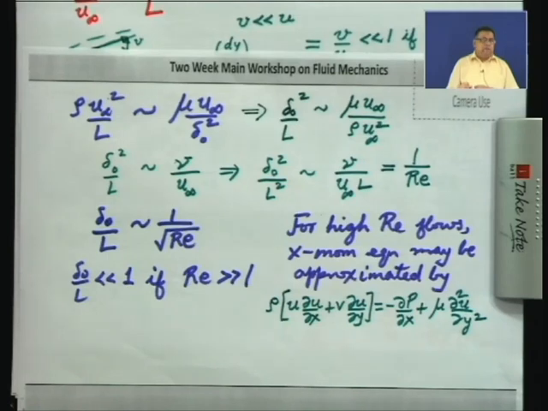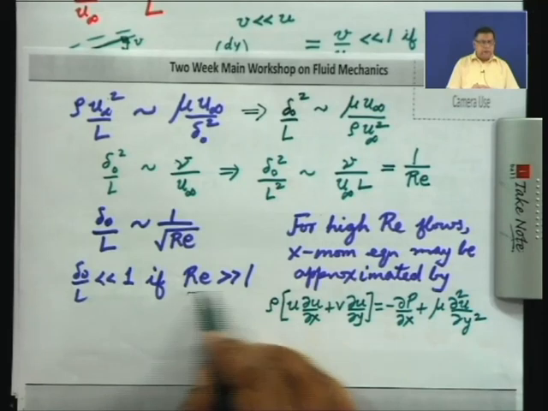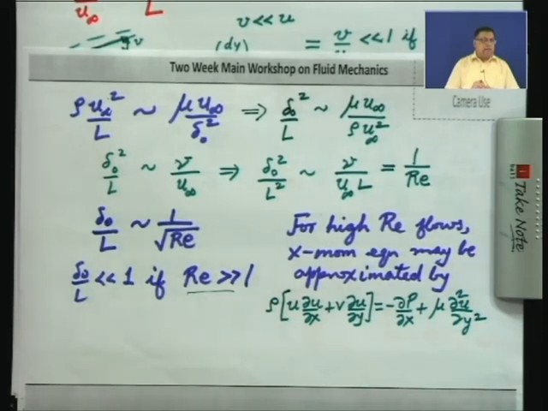So, out of the 5 terms in the original equation, we have found that one can be neglected in comparison with the other 4, which have to be of the same order of magnitude. And we have also found the condition, that is when the Reynolds number is large. When the Reynolds number is not large, you will not have a boundary layer, the region affected by the viscous forces will be large and you cannot approximate the equation by this. Now, we will show that this equation is much easier to solve than the full equations,